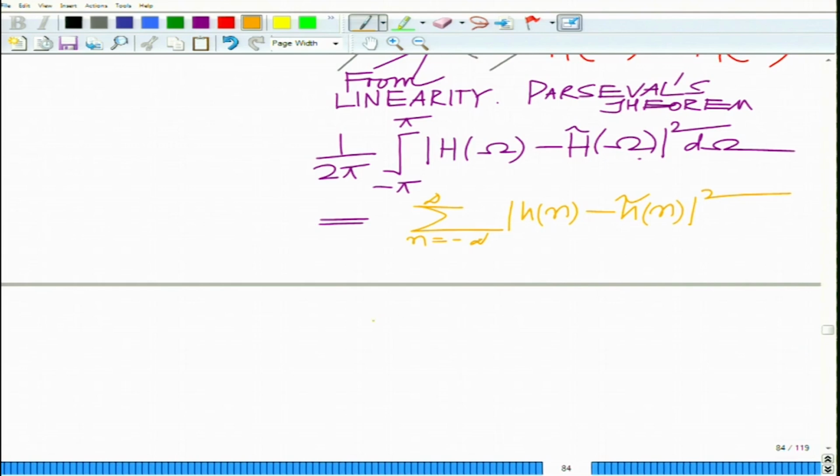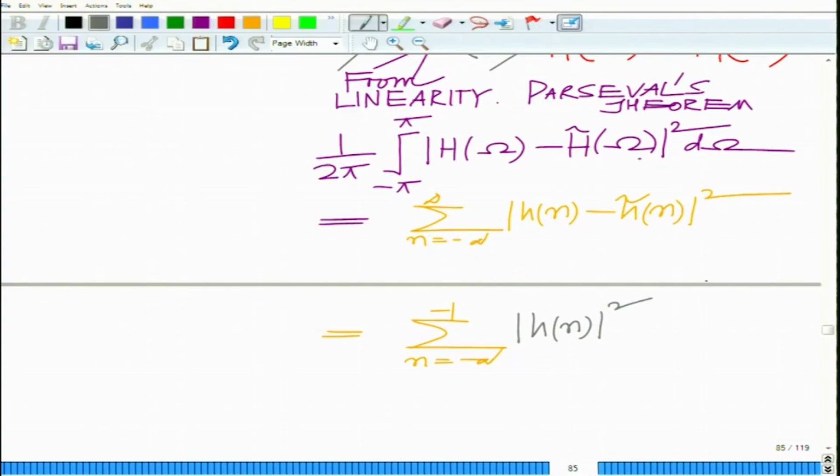Now, you can split this into three components, one from n equals minus infinity to minus 1. In this range h tilde n is 0, so h n minus h tilde n is only h n. So, this reduces to magnitude